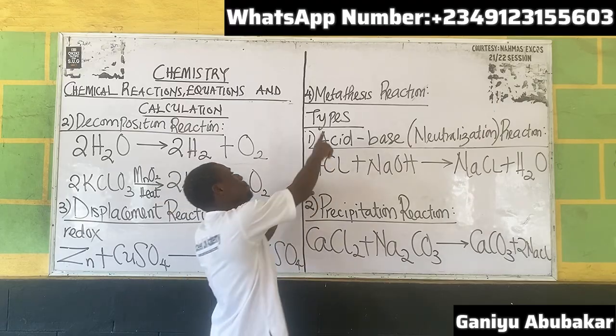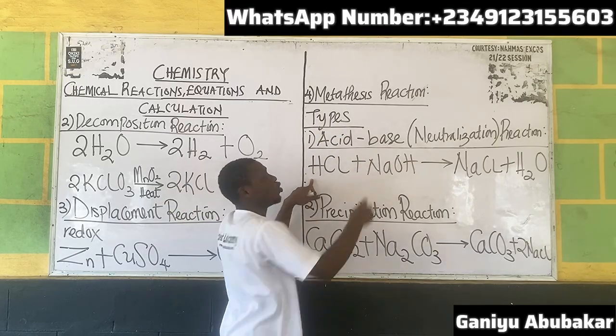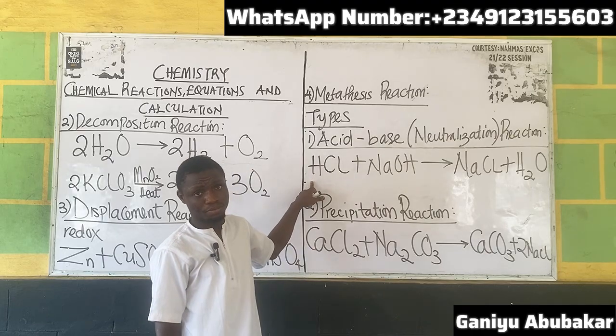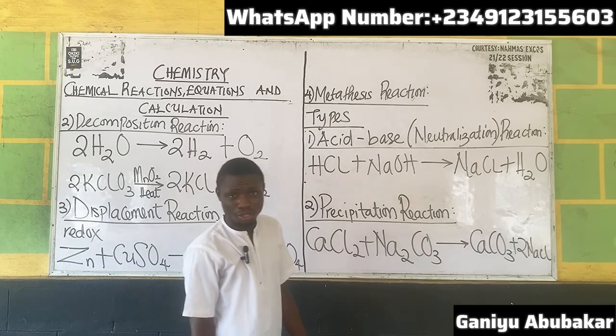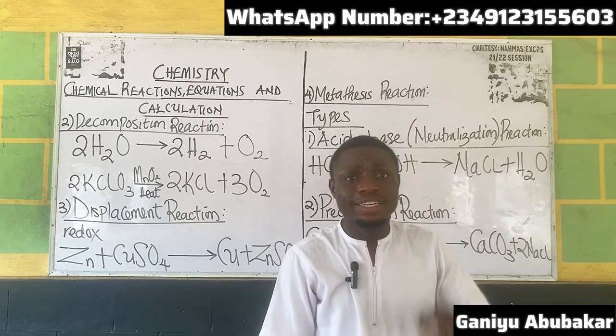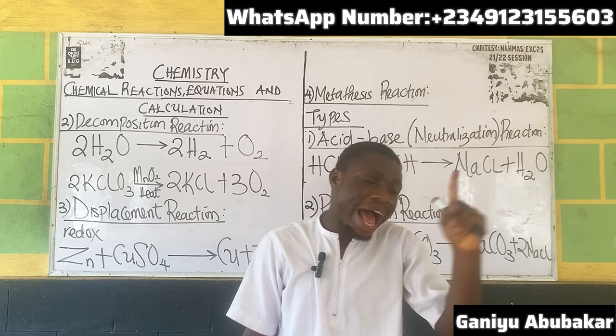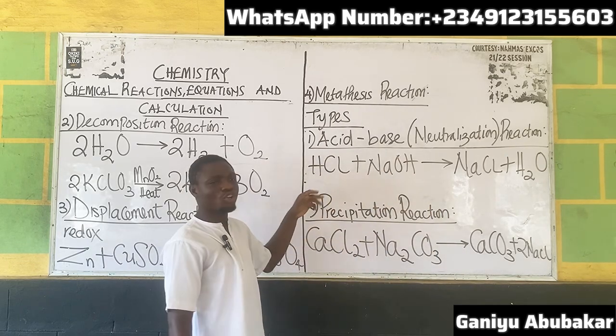Option one, metathesis reaction. Option two, acid base reaction. Which will you pick? Please pick acid base reaction. Yes, acid base is under metathesis, but there are two types of metathesis: acid base and precipitation reaction. So always pick